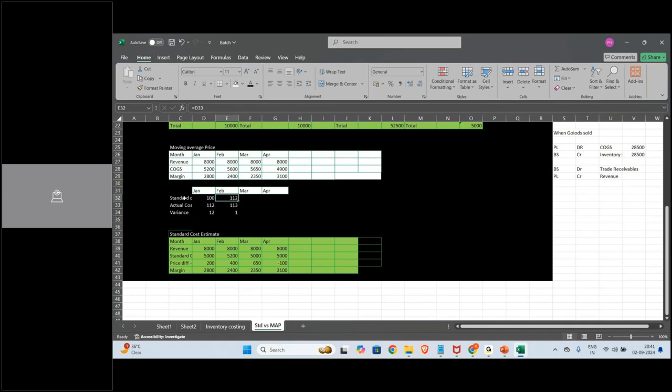Are you understanding? That labor came back. So I had dropped the two labor. Instead of employing one labor, I employed two labor in January because my important labor, who is very skilled, went on leave. But in February, if I make it 112, the variance is 1. But my cost should be 100 only, right? February standard cost estimate should be 100 only, right? But now the actual cost became 115, let's say 155. But my labor is there.